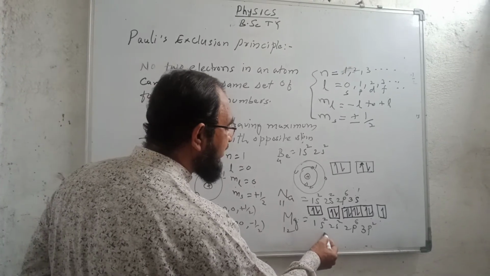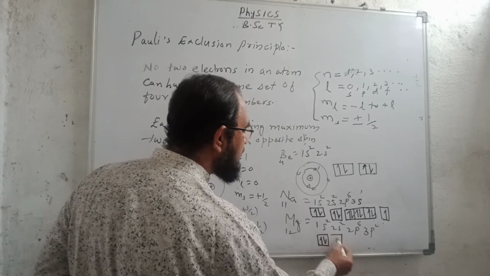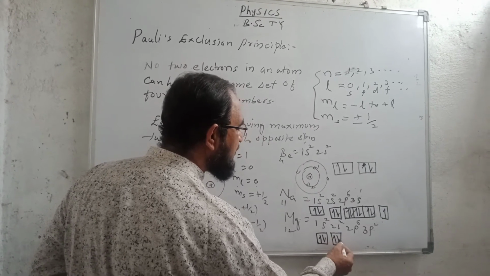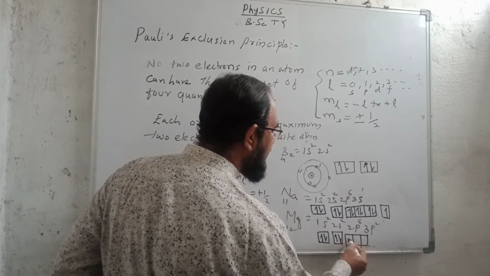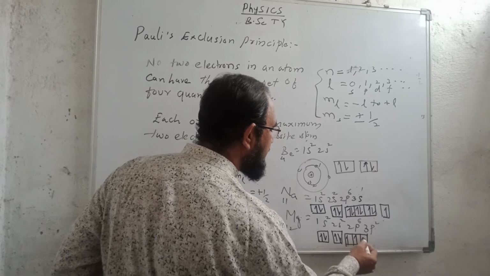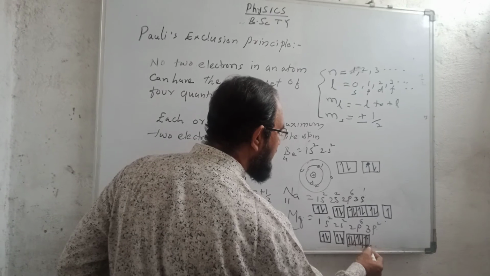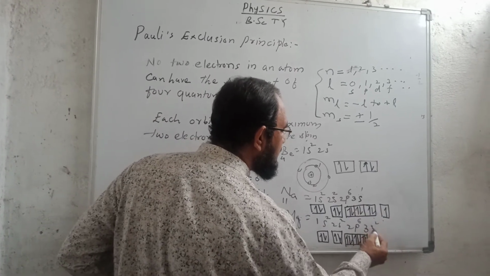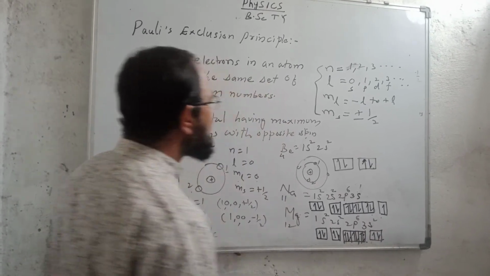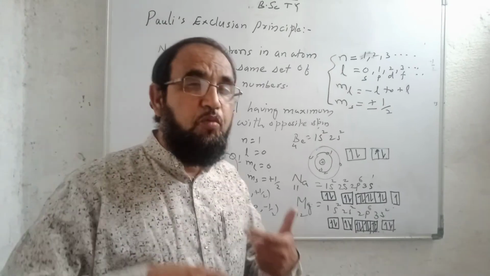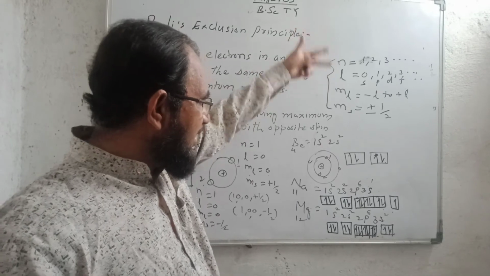For magnesium, 1s2, 2 electrons, 2s2, 2 electrons with opposite spin quantum number, 2p6 here, 1, 2, 3, 1, 2 and 3, then opposite 1, 2 and 3. Then 3s2, I can write here 2 electrons. For this one, then this one. So in this way we can explain the Pauli's exclusion principle using the 4 quantum numbers n, l, ml and ms.